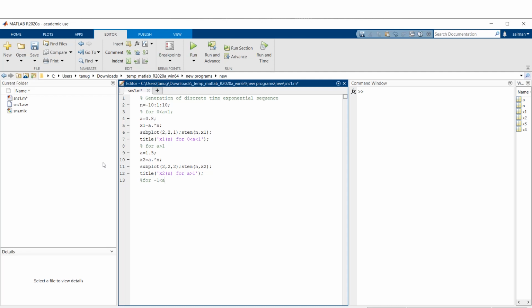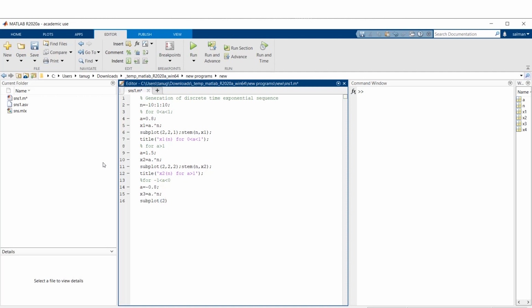So for -1 less than a less than 0, we will first define a value, that is -0.8. Now define the exponential sequence, that is x3 equals a dot to the power n. Then we will use the subplot function.